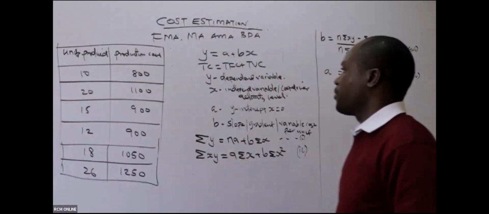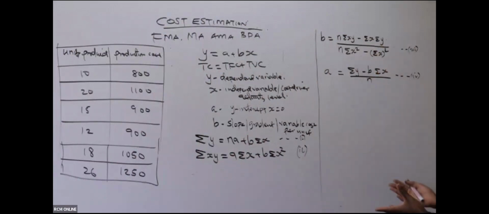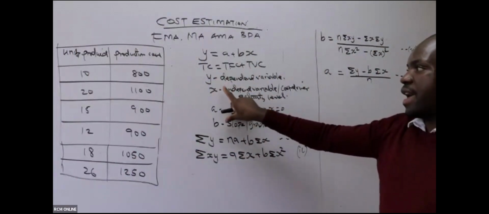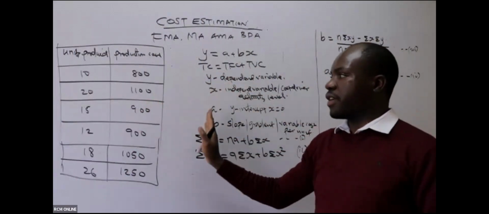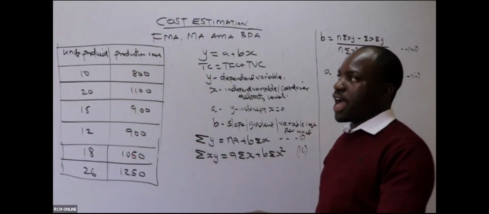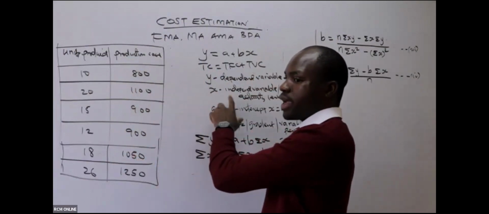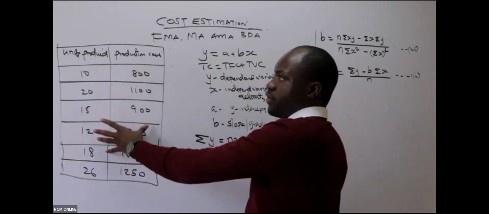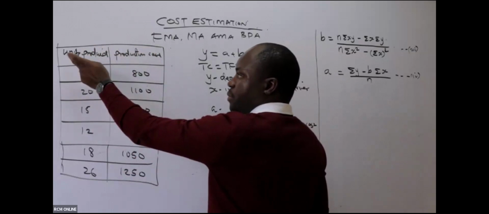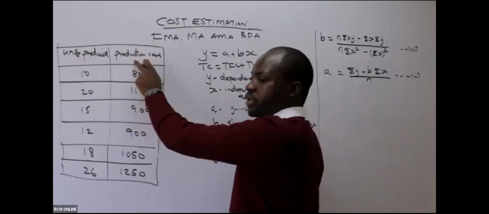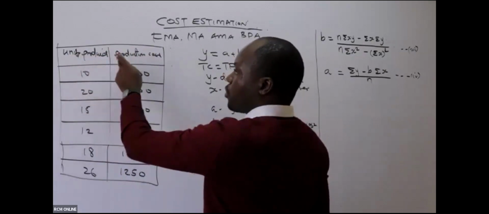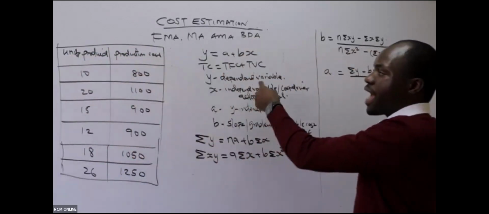Good. Now, having done this, we have been able to understand what we are required to do. But now, in reference to the expansion that we have just done here, are we able to identify the value of x and y from the data set given? So in exams, we are not going to have x and y directly. No, this is what will be given. We'll be given units produced and production cost. We'll be given number of items repaired and total repair cost. So it is upon you to identify between units produced and production cost, which one depends on the other,